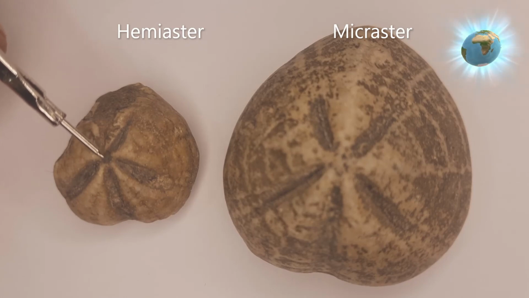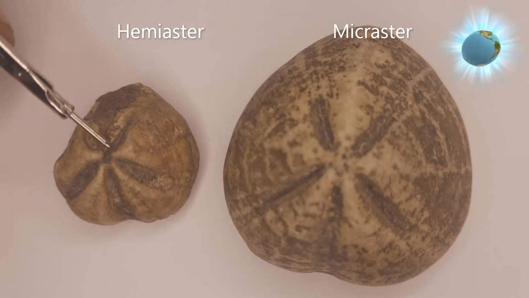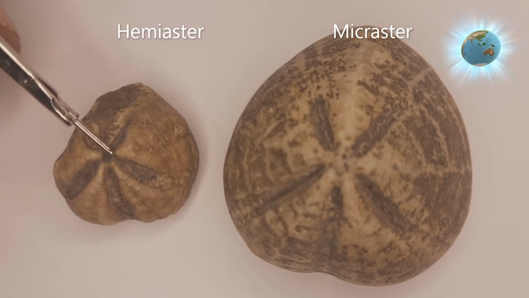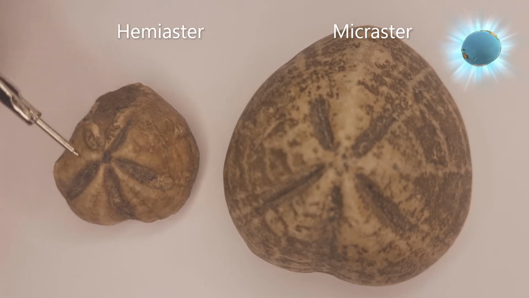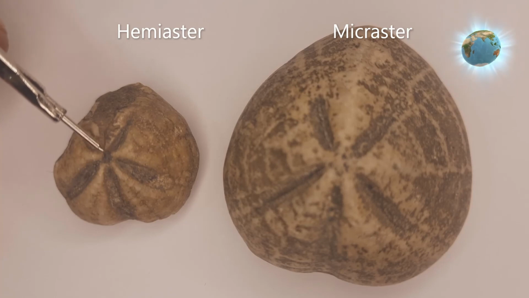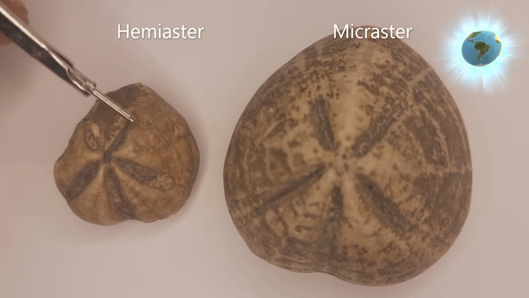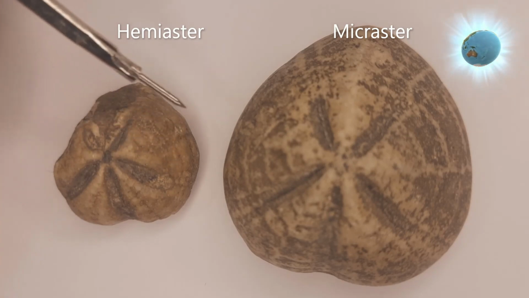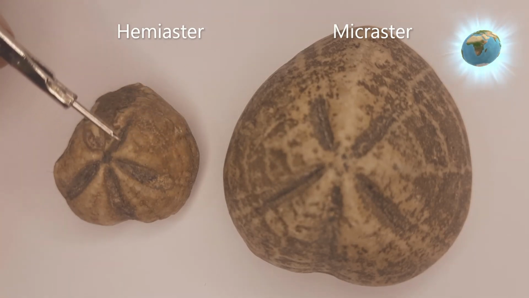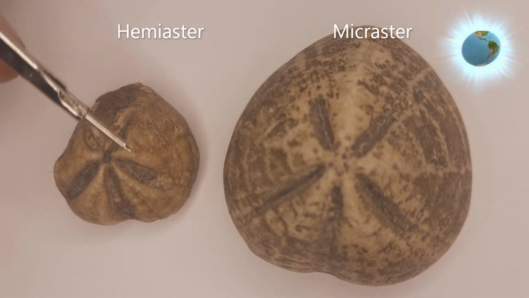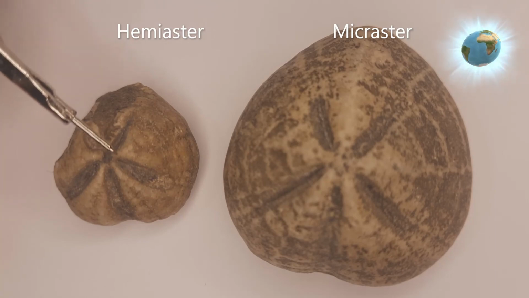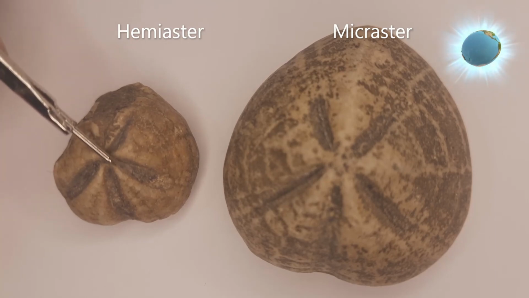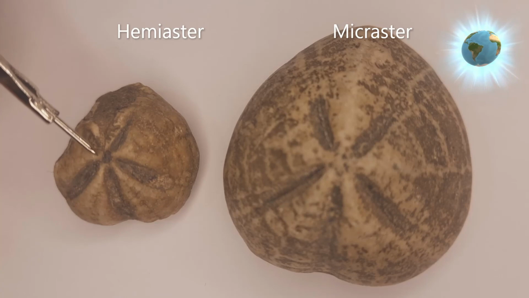Around the apical disc there are 5 genital plates. So these are the places for genital plates: 1, 2, 3, 4 and 5. I am placing the pointer at the white areas because from there the interumbilical area starts. This is the interumbilical area, isn't it? You have seen. This is the interumbilical area. This is the umbilical area, smaller in size. So these are the 5 places where genital plates will be, from where the interumbilical area starts. Okay.